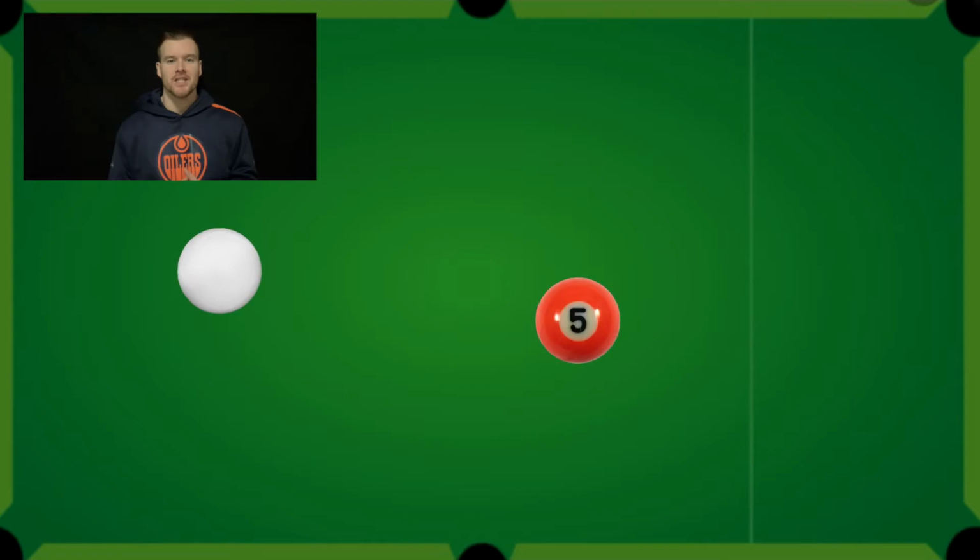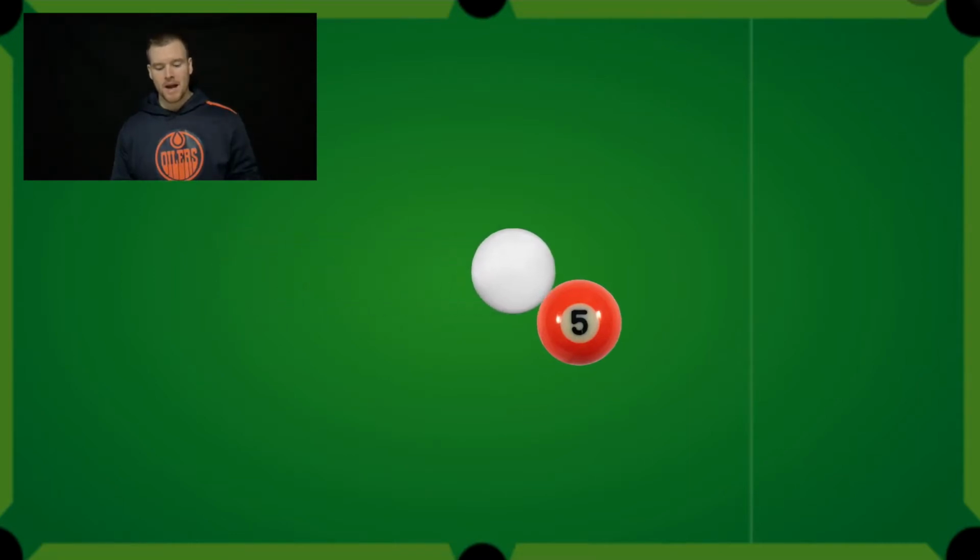Let's consider this collision that could happen on a pool table. So we have this white cue ball that is going to collide with this orange 5 ball, but it's not going to collide directly head-on. It's not going to stay in that same plane. The white ball is going to hit the 5 ball at an angle, and they're both going to bounce off